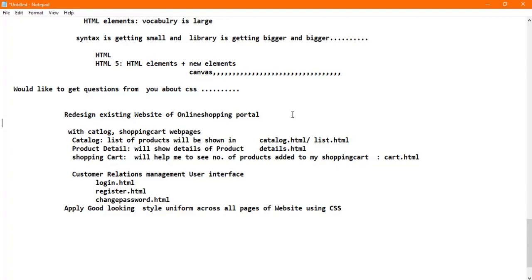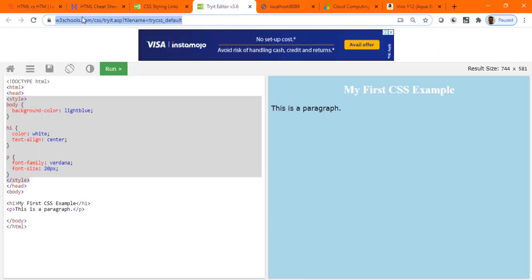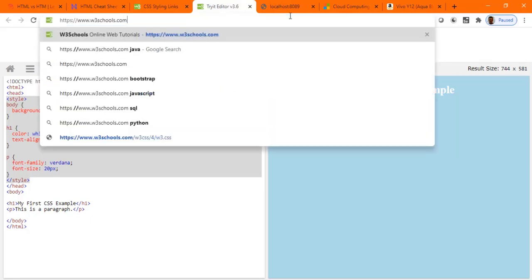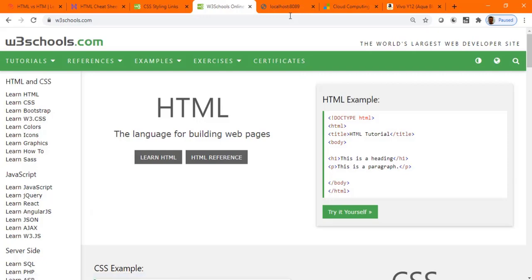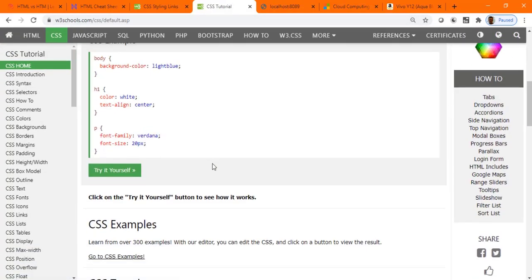Now because of this, you will go back and see which attribute is there to change the background color, which attribute is there to change the foreground color, to change a font which attribute is available, and where do I write that attribute. So during that time, we'll automatically end up moving to a website, taking the help of your w3schools.com site, learning here and coming back and applying it. So what are the CSS attributes available?